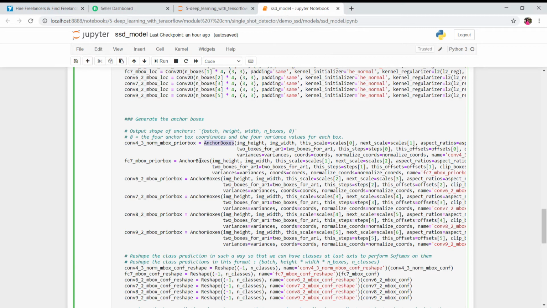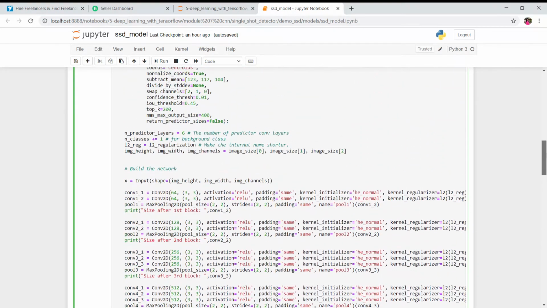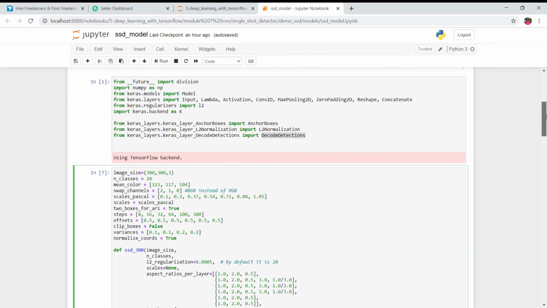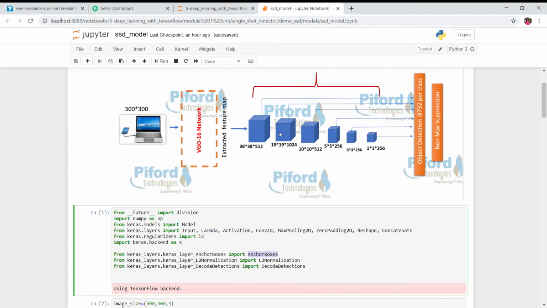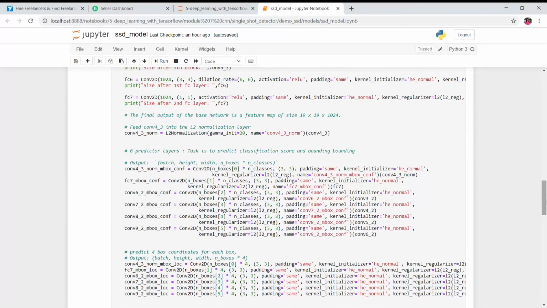So we are having 6 prediction layers, so we are calling this anchor boxes function, which I have shown you above. Let me show you again. The anchor boxes code is written in a separate file, right? This has the code with the help of which we can create anchor boxes, and we want to create anchor boxes for each of these 6 layers. So that means we need to call this anchor boxes function 6 times, one for each layer, right? So this is what I'm doing over here.